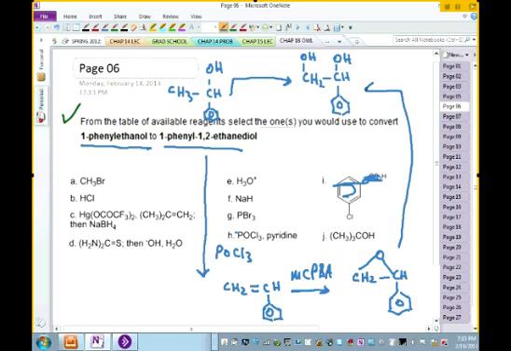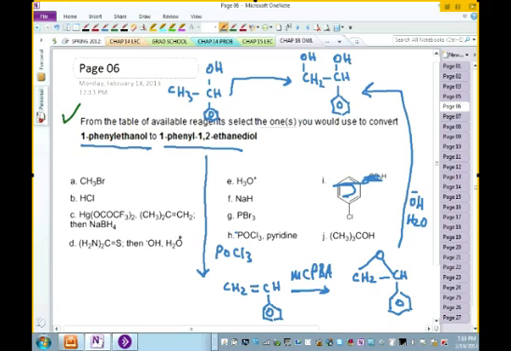Now, how do you go from here to here? What reagent do you need? Hydroxide and water, right? Because essentially you want to open up the epoxide. Keep in mind, we told you any nucleophile will do this. In this case, the nucleophile is hydroxide in water, okay? And what type of reaction do we call that? SN2 type reaction. Attack this carbon here, then it opens up.